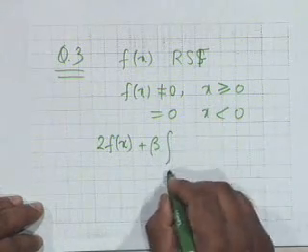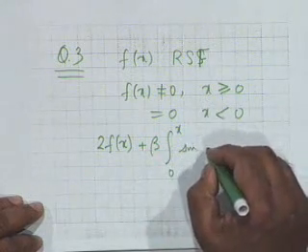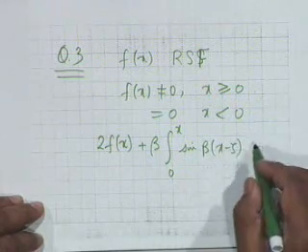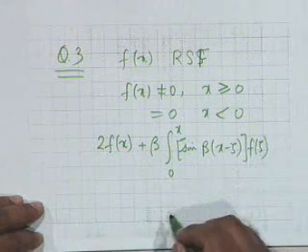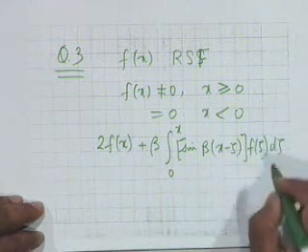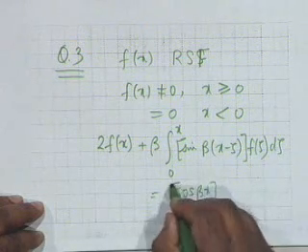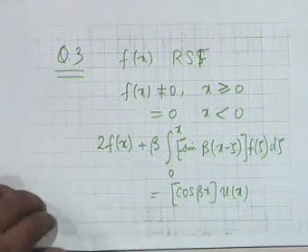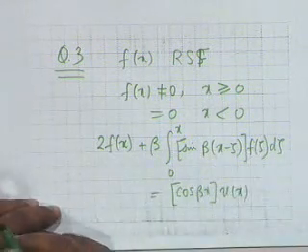Now note this carefully, 0 to x, sine of beta times (x minus zeta), f of zeta d zeta is equal to cosine of beta x u of x. What I had expected you to do is to solve for f of x from this equation,